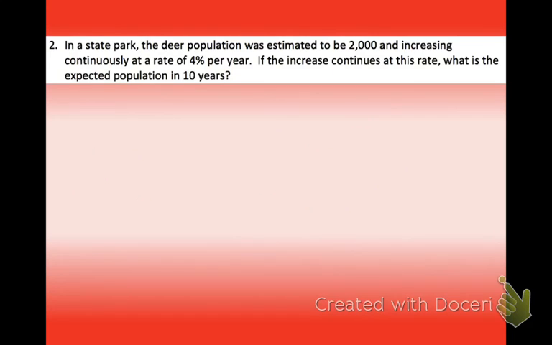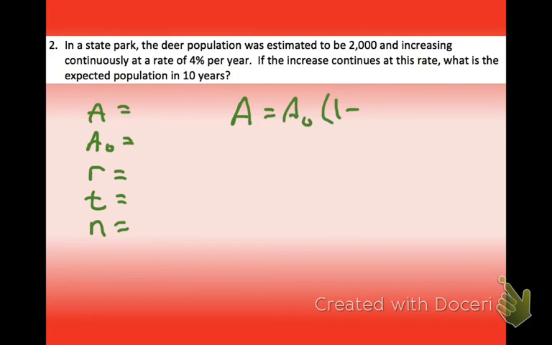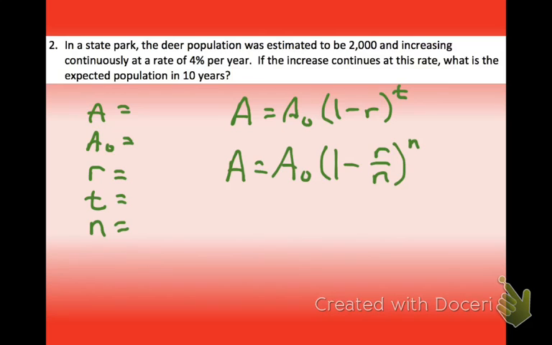This last example here, I would like you to set up, so I want you to figure out all of the pieces that you need. So your A0, your rate, your time, all that good stuff. N if it's in there, so figure out each of these. And I want you to figure out which one of the formulas you need. So is it A equals A sub 0 times 1 minus r to the t? Is it A equals A sub 0 times 1 minus r over n to the nt, or is it A equals A sub 0 times e to the rt? So you need to set this one up,